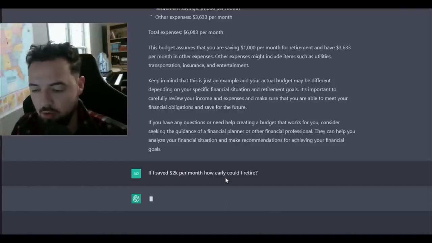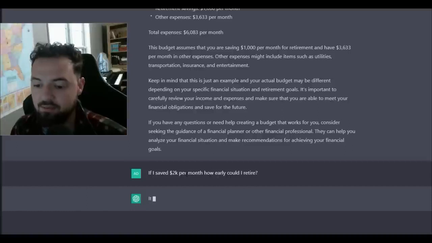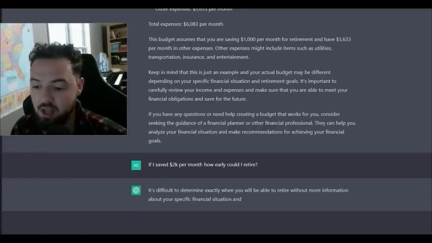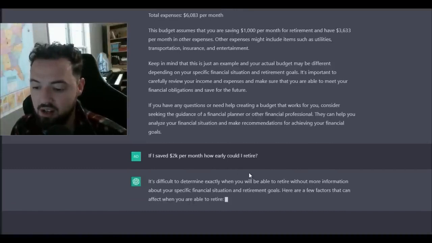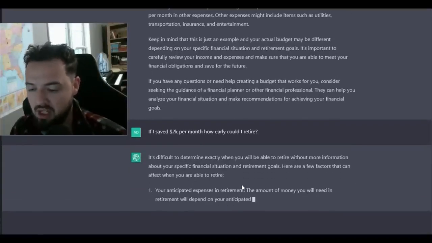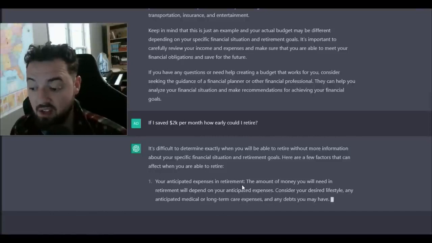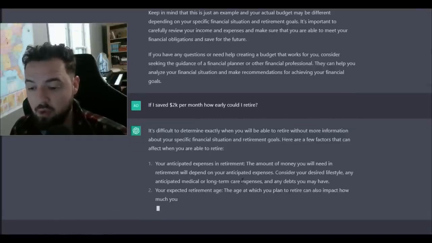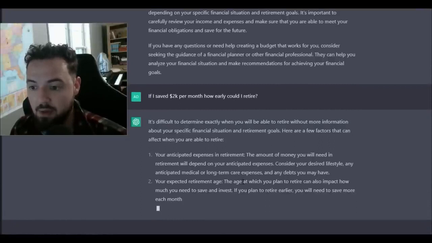So unlike Google, where you would have to write the search out several times and then dig through the links, this is remembering everything in your conversation contextually. So it's saying, okay, this guy makes $85,000 a year and he has these retirement goals, and I already know his budget, and based off of that, I'm saying, hey, if I save $2,000 per month, how early could I retire? And so once again, it's going to try to be kind of broad, but I'm going to just tell it again, like, based off of what I've told you, if I save $2,000 per month, how early could I